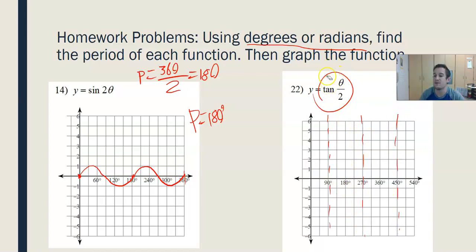So let's find what the period of this new function would be. The period of a tangent function is 180, because that's the period of a parent tangent function, divided by b, or in this case, divided by 1/2. 180 divided by 1/2 is the same as 180 times 2 over 1, which is 360. So now, instead of having an asymptote at 90, 270, 450, etc., we're going to have an asymptote at